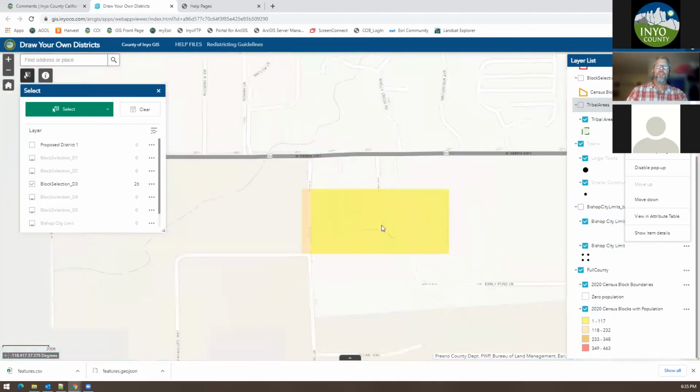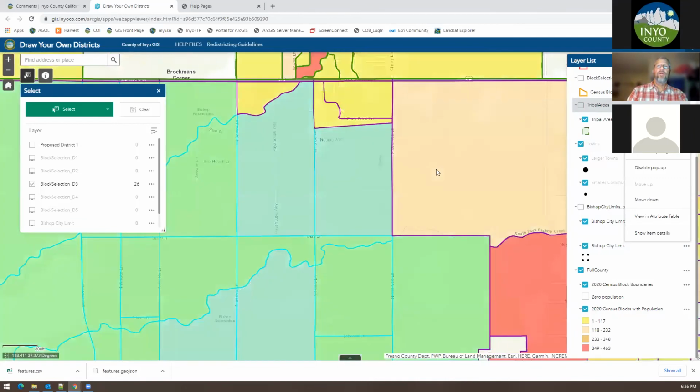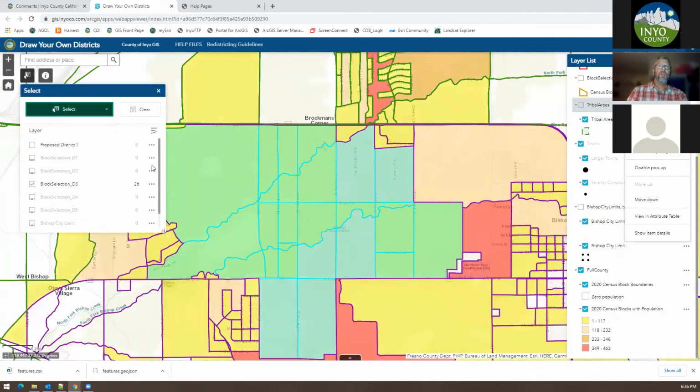It turned off selection. Here we go. So turn this back on, select by rectangle, Shift key down, grab that, grab those two, grab those,